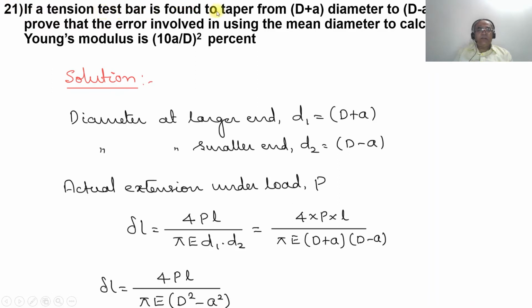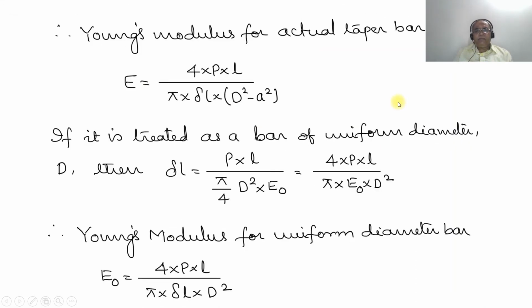If a tension test bar is found to taper from D plus a diameter to D minus a diameter, prove that the error involved in using the mean diameter to calculate the Young's modulus is 10a by D the whole square %. So the solution is,